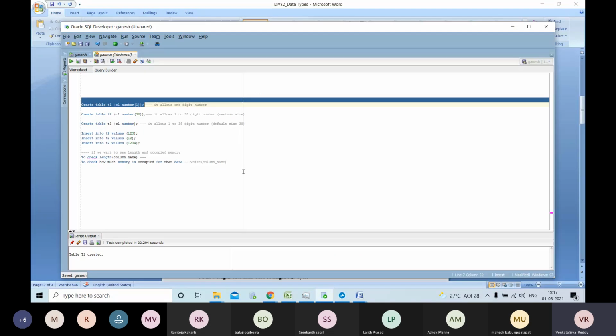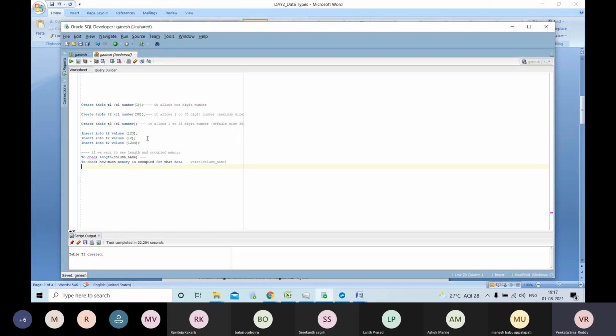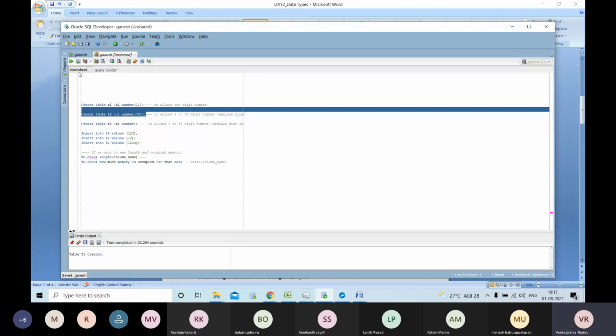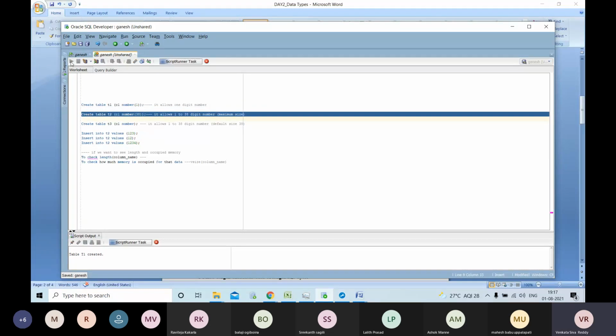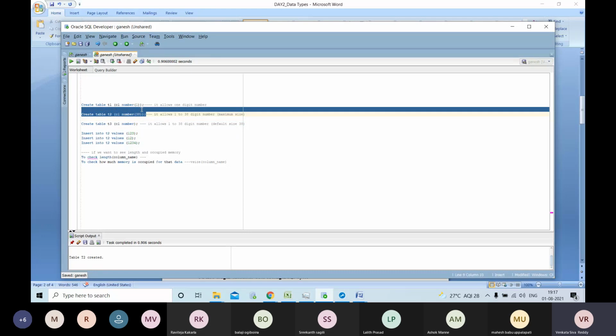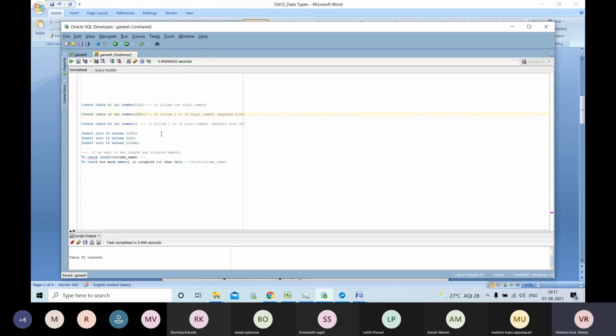For 39, out of range, we'll get that error. Now I created the table with 38 digits. I am going to use 39 for the P4 table.